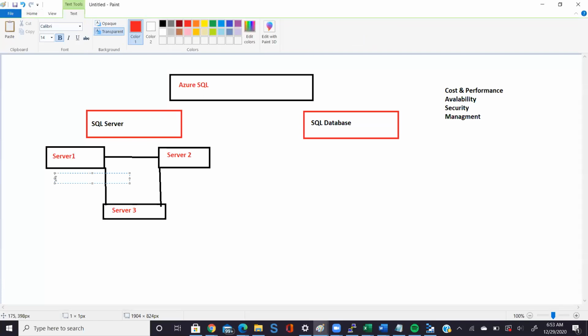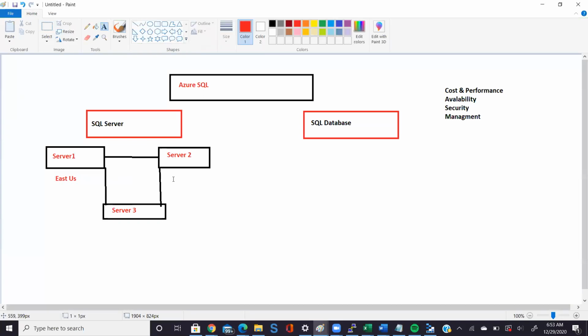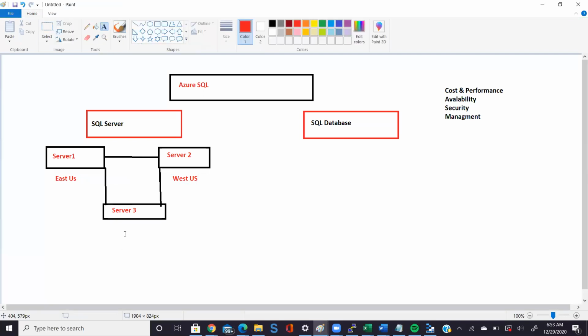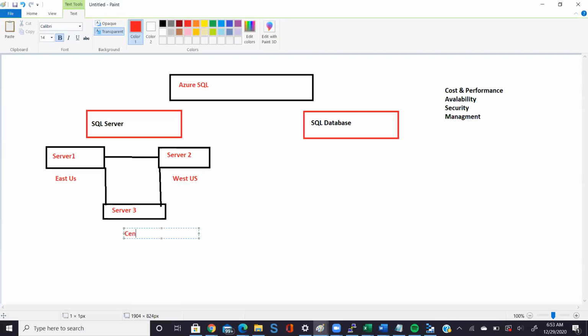This can be in East US, this can be in West US, this can be in Central US. So even if one region is down, you don't have that problem.